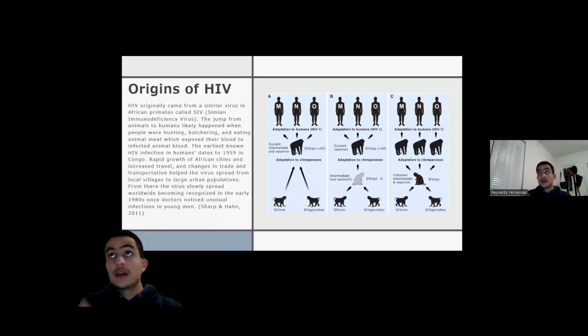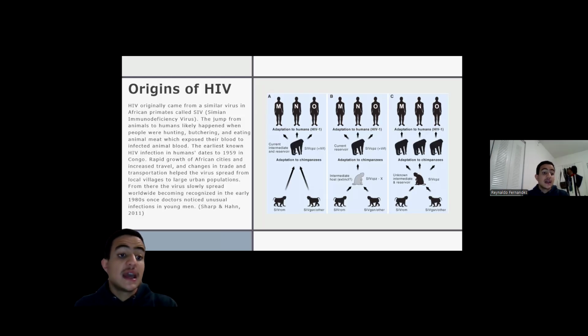So after this, the virus stayed in a human, and then it adapted to humans, and then it led to a whole different virus from the simian immunodeficiency virus. The earliest known infection in humans that we have today dates to 1959 in Congo, and the rapid growth of